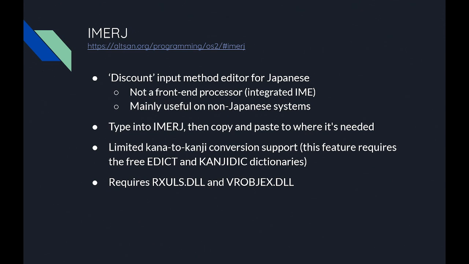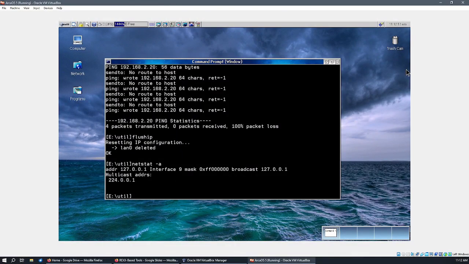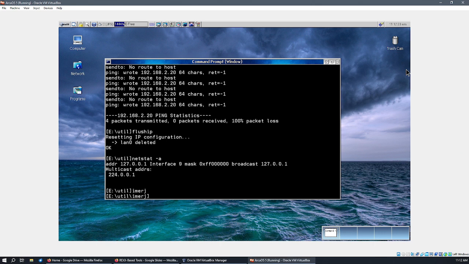Huh, neat. It has very limited kanji conversion support if you have the open source EDICT and kanji dictionaries installed. How do you like my backgrounds, by the way? These are all included with ArcaOS. I think they're the pixels, yeah. Actually, I will run it from the Workplace Shell object because I did something slightly sneaky with it, and that is,